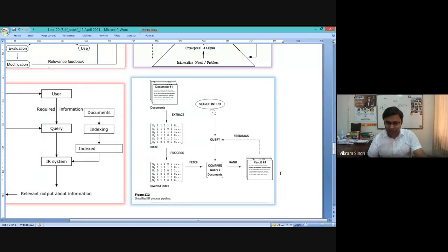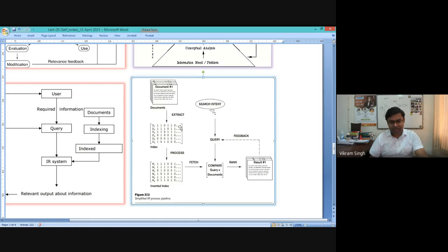Now you can see here, naturally we have search intent. The search intent is transformed into the form of a query. Here also you can ignore the feedback part. So the query is basically sent to a block called compare query X with the document. That's one track. Parallel to this, in the internal part of the system, documents are now extracted, and one sort